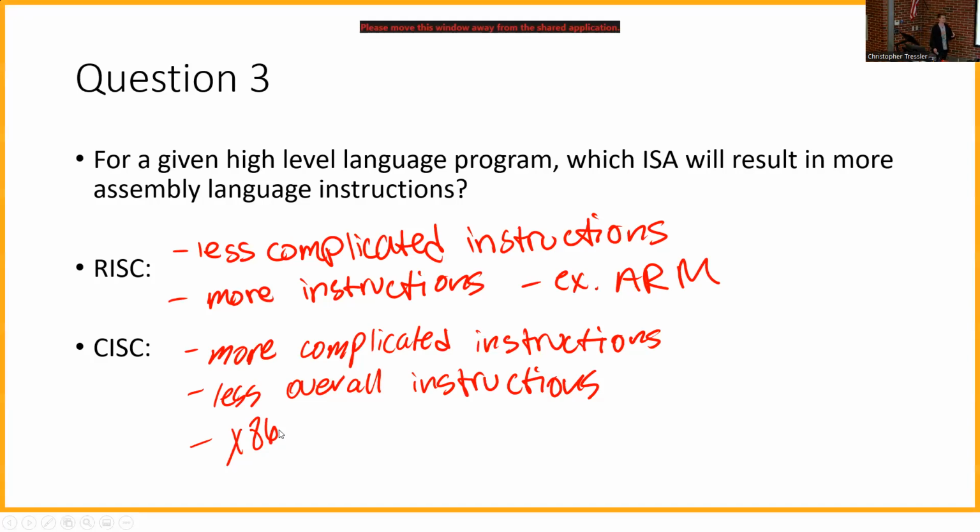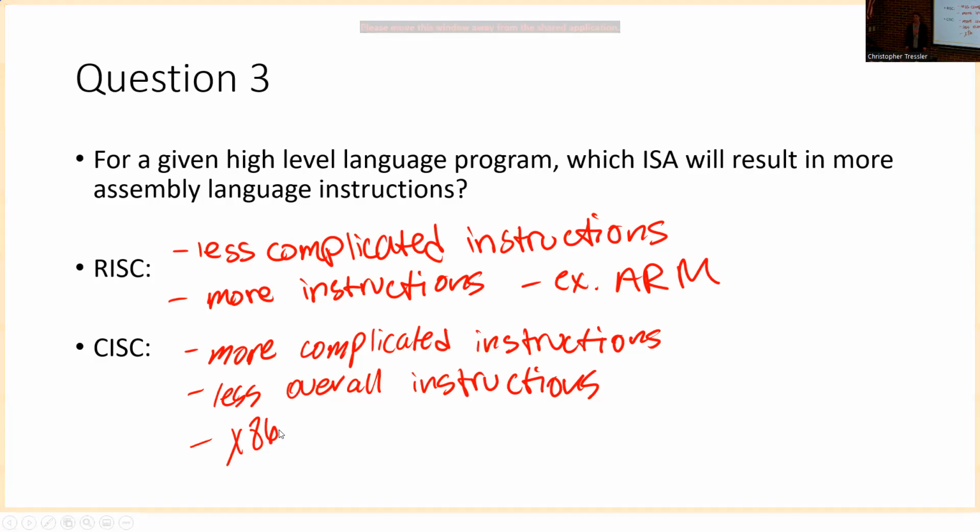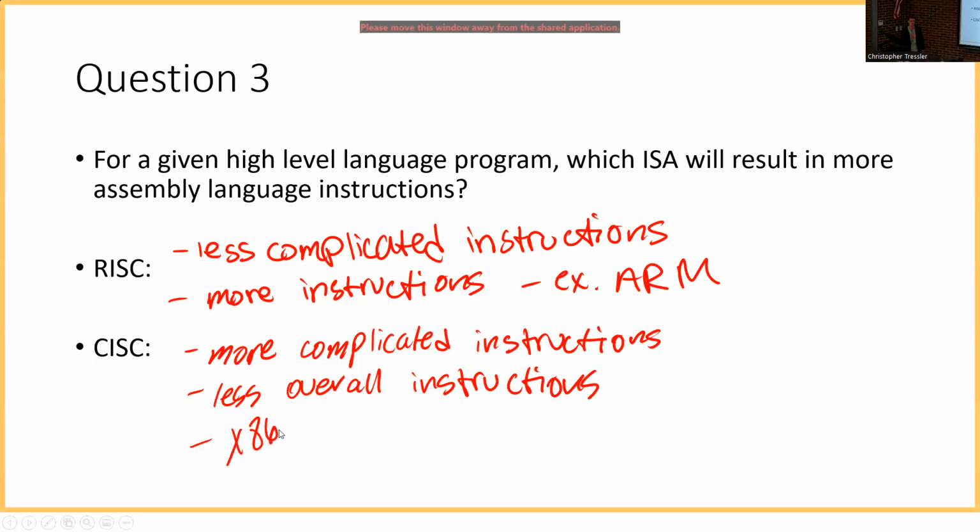So I don't know if you guys remember, all the way from back in the beginning, basically ARM is used in all the mobile devices. It's also used in some of the newer MacBook chips. And that's why, do any of you guys have a MacBook with an M1 by chance? Or no? Okay. Have you been told that there's going to be issues in OS, potentially? Yeah. So the reason they're telling everyone there's going to be issues in OS with MacBooks that have that one is because the M1 chip uses ARM instead of x86. And a lot of the architecture they need for some of the stuff they do in OS is